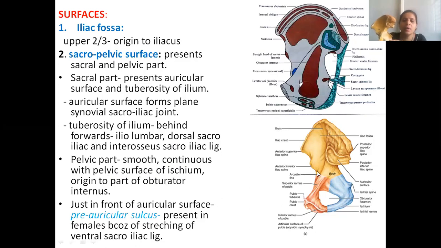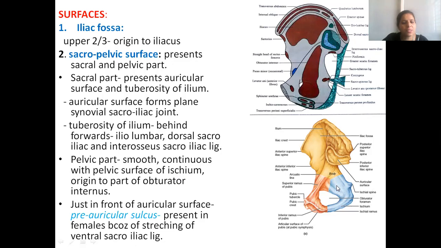It gives origin to this muscle. This whole thing is the obturator foramen, I said, right? Inside the obturator foramen, we have a muscle like this. You call it obturator internus. From outside, we have obturator externus. Because this is the inside view, we have obturator internus. So the pelvic part, that means below the auricular part, the whole body, where the word body is written, is quite smooth and in continuation with this bluish area.